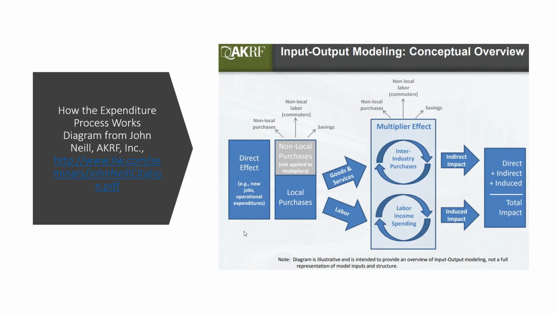You always want to watch, when you do one of these or if you read one of these, the money that goes out of the system, the little arrows at the top, because the size and speed with which money goes out of the system reduces your impact and determines where this all stops. You can simply increase the geographic size of your area and reduce outflows. But if you really want local impacts, it's best to find an area that really fits with where your funding or your activities are. Next slide, please.